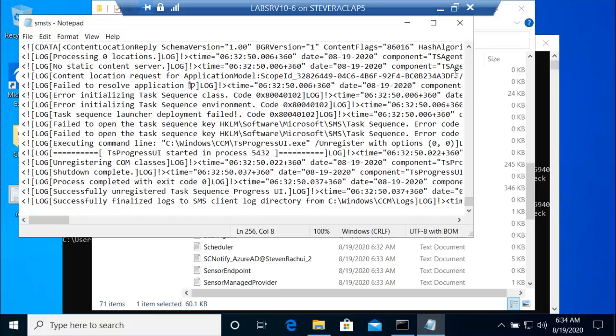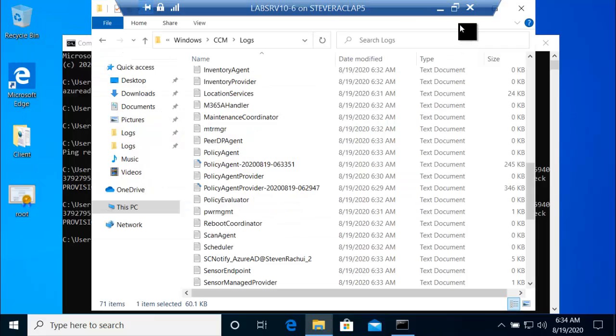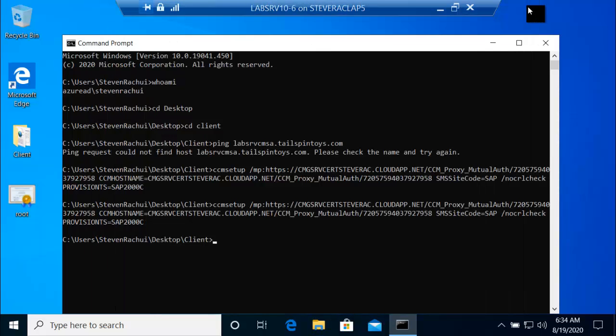Before I run this again, in fact, what I'm going to do is just take the application call out of the task sequence. It'll make it run faster anyway. But that completes the scenario here for using Azure AD token to communicate with just the Cloud Management Gateway to